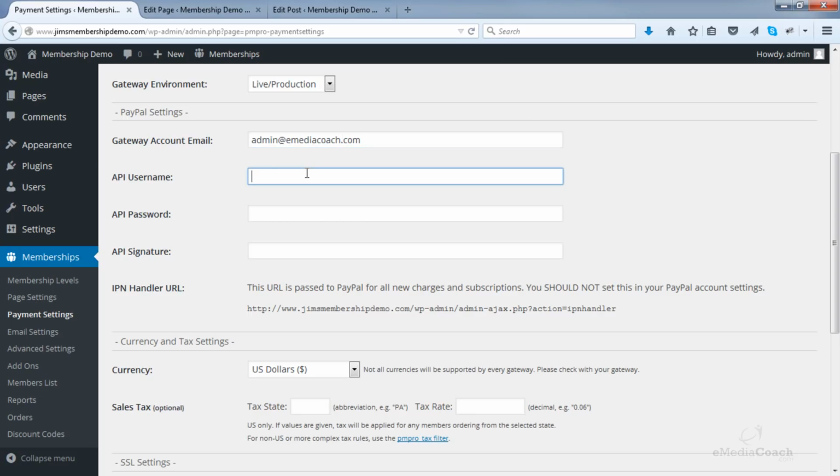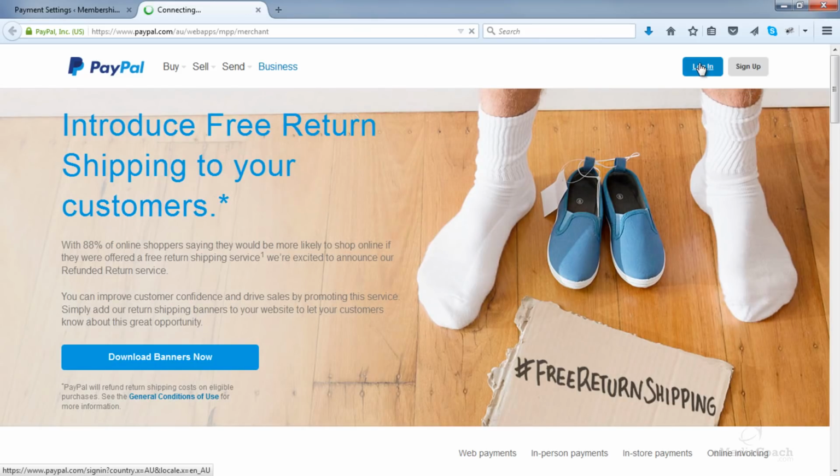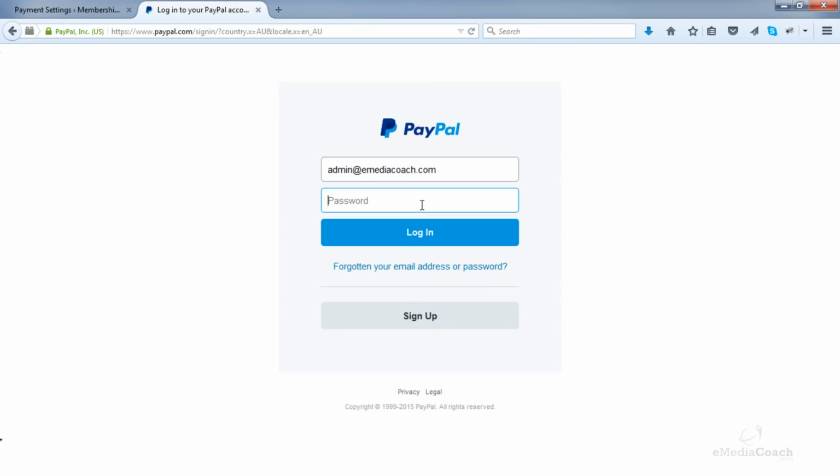Now the next three fields, API username, password and signature. We actually need to log in to our PayPal account. So basically you need to log into your PayPal account, and I will show you the steps you need to take to access this information and be able to seamlessly integrate with PayPal. So let's log in. I'll just close a couple of tabs I don't need. Obviously you'll see a lot of blurred screens because on this page there will be a lot of my personal information.